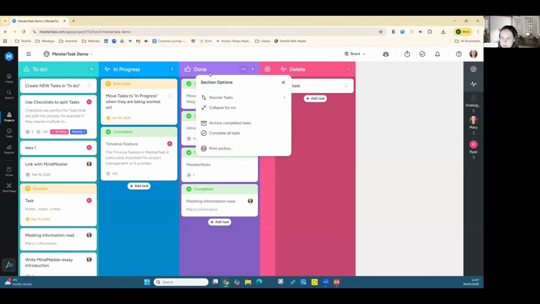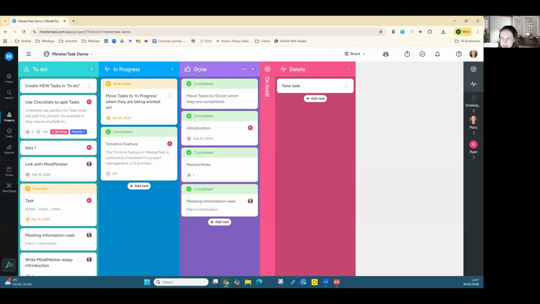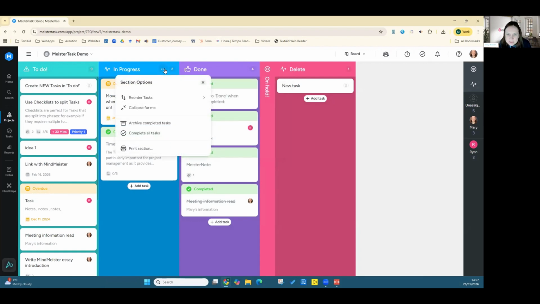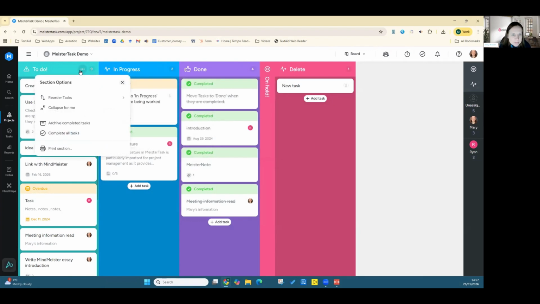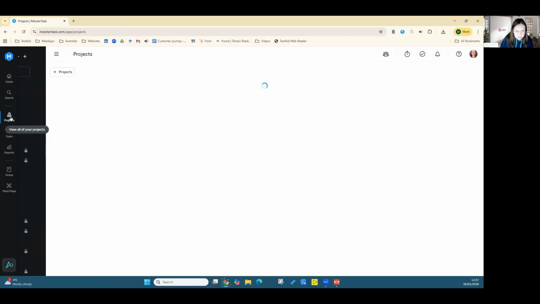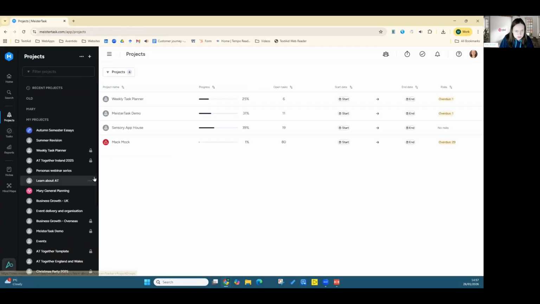it's not there. What's wrong with it? Well, I don't know why this is not working. Complete all tasks. Well, you can do that. You can bulk complete all tasks, but I don't know why the automation's not showing up. Maybe I'll go into a different one because that's very strange. Right, I will go into a different project. For some reason, it's not showing on that. Right, I will go into